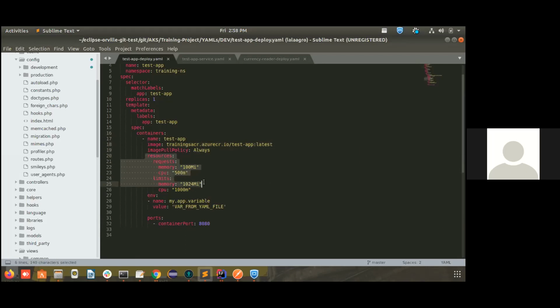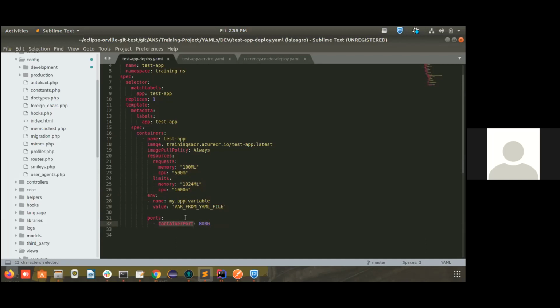This is how we give it in a Docker Compose itself. The request, the memory usage, the CPU usage, everything is given here. And the environment variables, if you want some environment variables to be passed to your application, you can mention them here. And port, this is very important. This port should be the same as your application port that you are exposing. So this will expose that particular port outside the container. 8080 is my application port, so I have exposed that application port as a container port to the outside world.